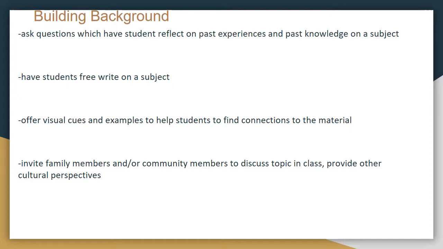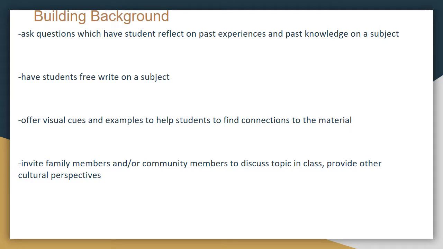Building background is another key element of the content-based instructional method. When teachers build background, they ask questions to have the students reflect on their past experiences and their past knowledge on the subject. You also provide opportunities for students to reflect on how their past knowledge might connect to this new topic. Some ways to do this could be providing a free write opportunity in which students have 5 to 10 minutes to write down everything they know about a subject or what they've learned in the past, and then maybe share